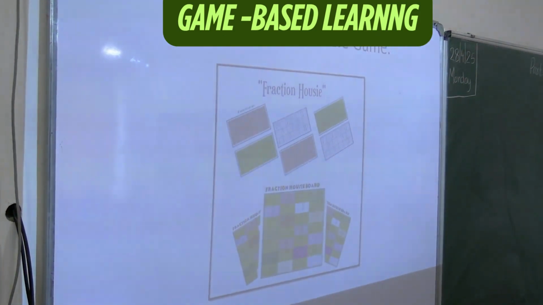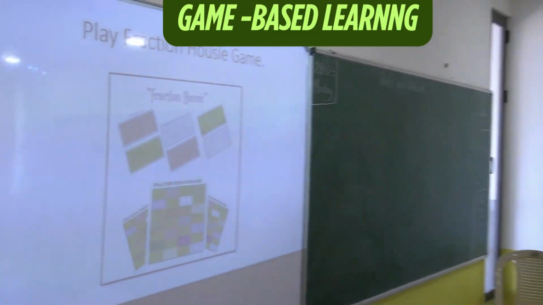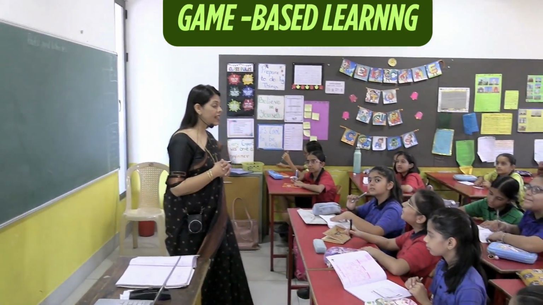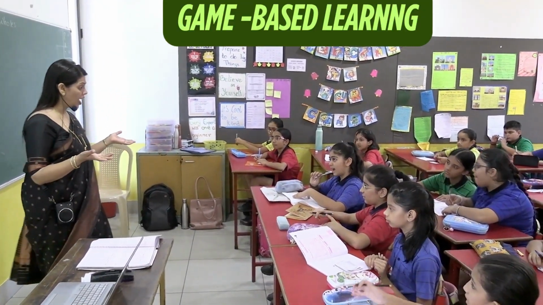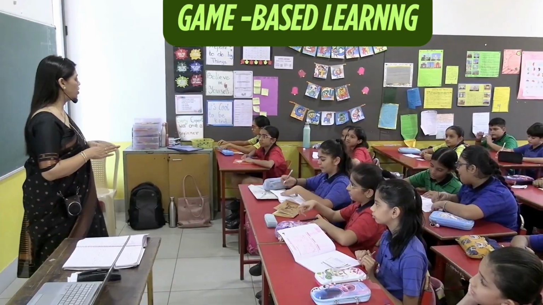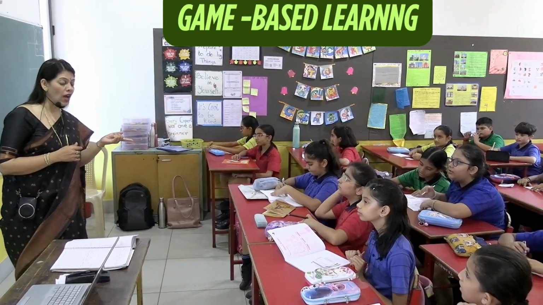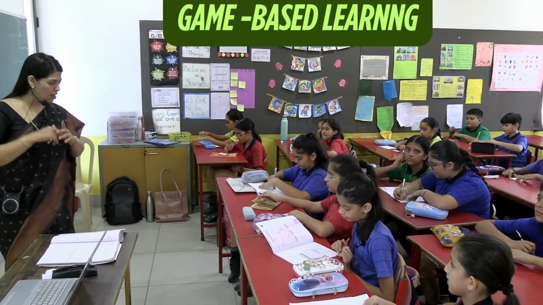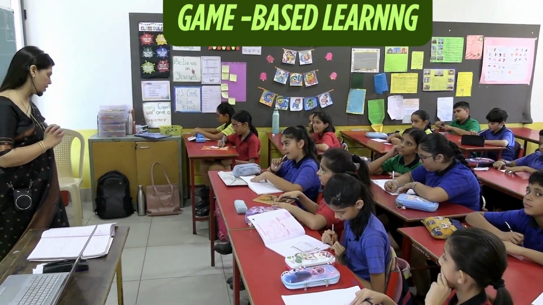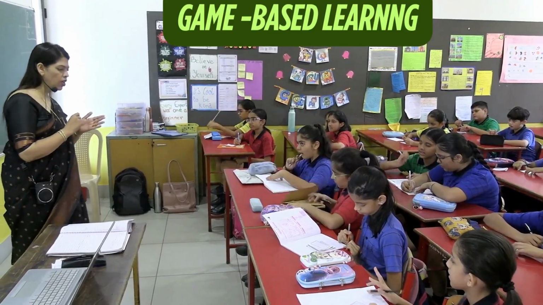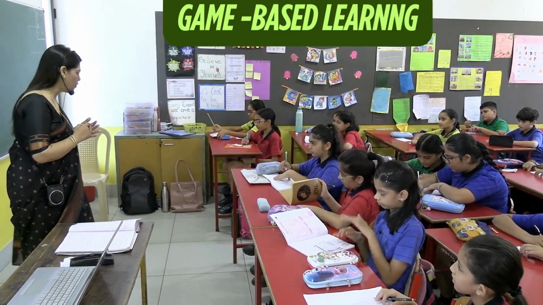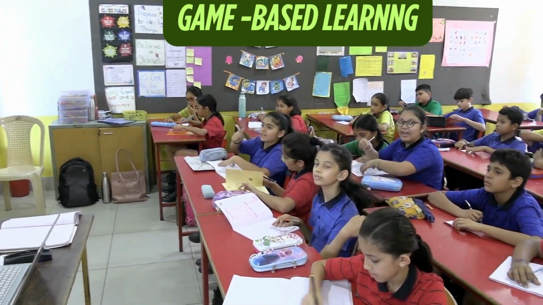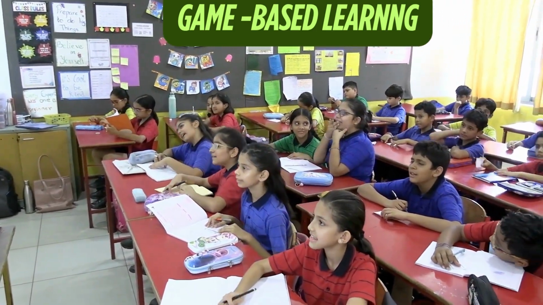Yes. Now the fractions that you see in the ticket are not going to be seen on the screen. You will be seeing some other fractions and you will have to reduce the fractions and check whether you have the reduced form in your ticket. So the same fraction will not be there in your ticket. Understood all of you? So you need to calculate. Have you kept your book ready for calculation? Yes. Okay. Let's begin.